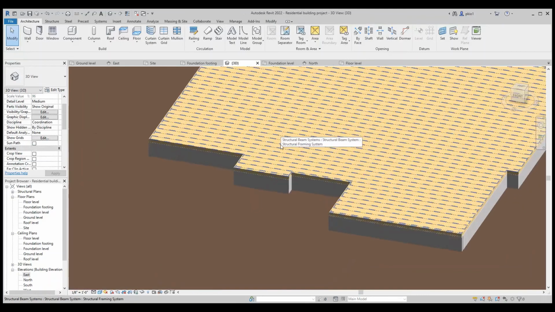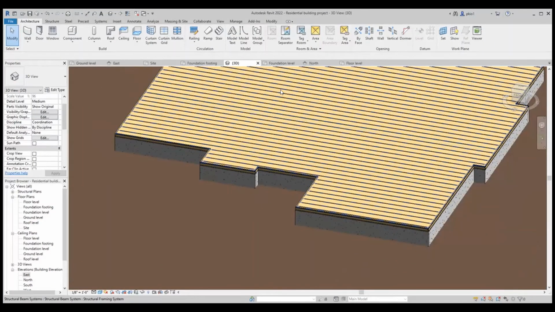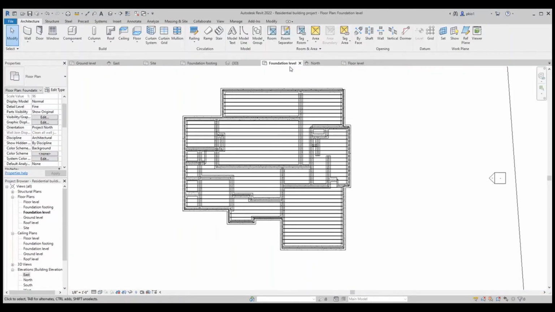Our floor is lapping there, and so the next thing after the floor is to put the bottom plates.